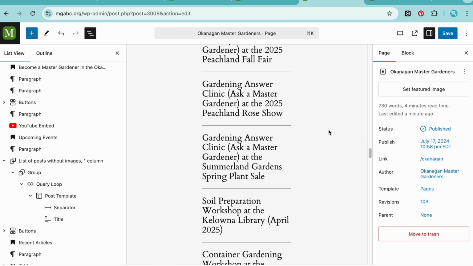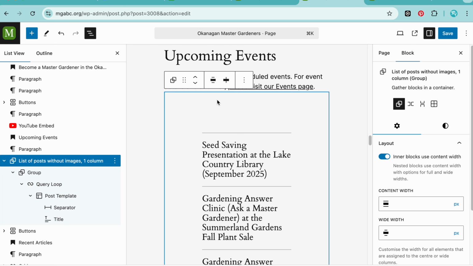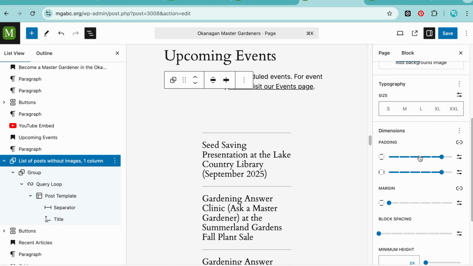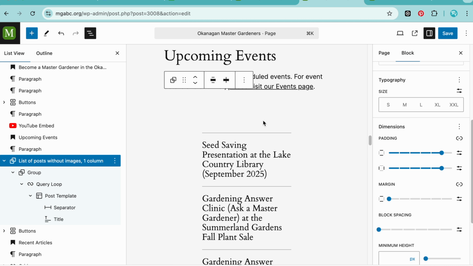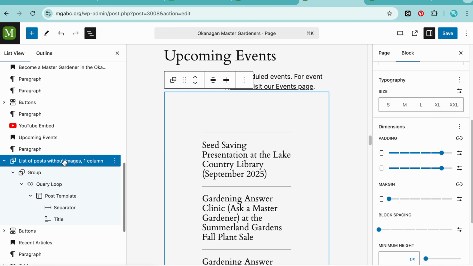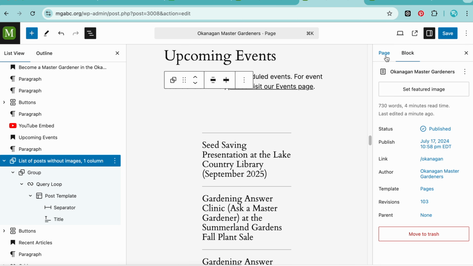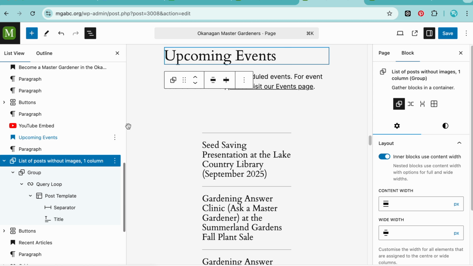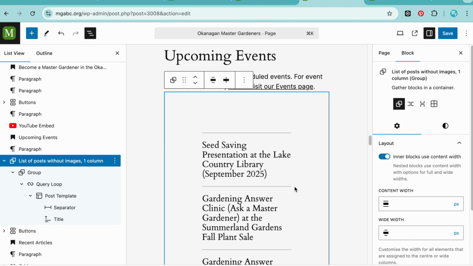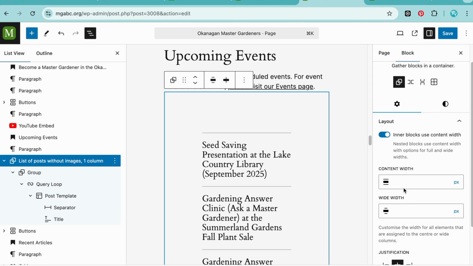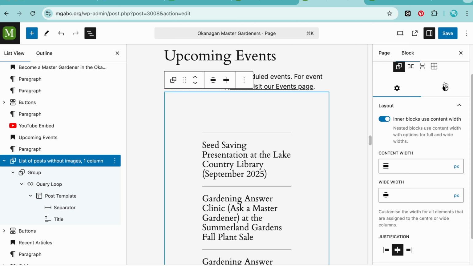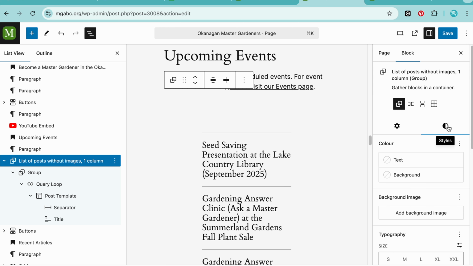But I think that's maybe a bit much with the space on top, right? And the space on the side. So I've still got this blue list of posts over here on the left. I'm going to go back over to the right, make sure I have blocks selected, the correct block that I want to work on, and I'm going to click this half dark, half light